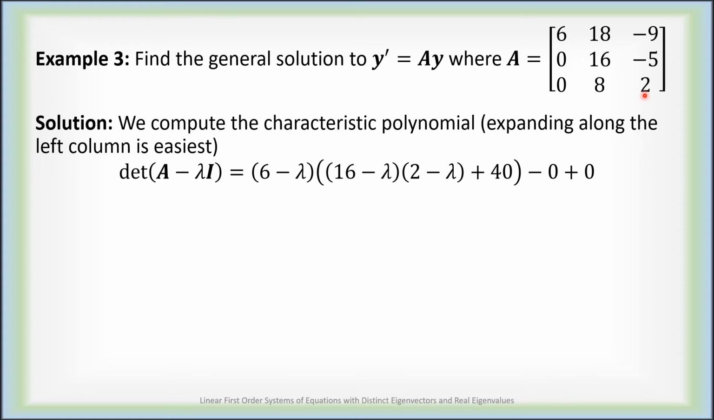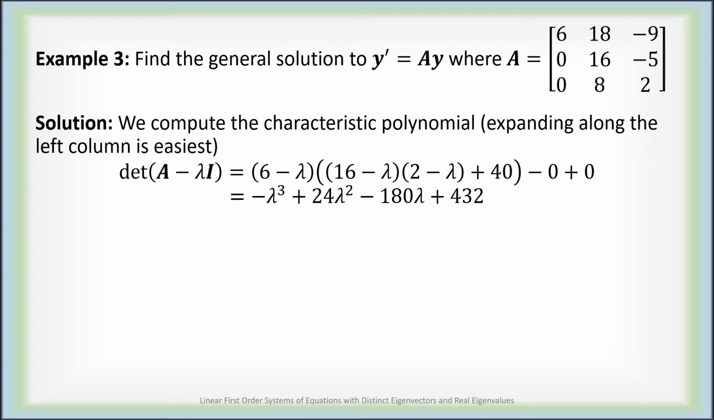diagonal. Then the determinant of A minus lambda I would be 6 minus lambda times the determinant of this 2 by 2 matrix, which would be (16 minus lambda) times (2 minus lambda) minus -5 times 8. That is, (16 minus lambda) times (2 minus lambda) plus 40. So here is the entire determinant of A minus lambda I. Once you expand everything out, we end up with negative lambda cubed plus 24 lambda squared minus 180 lambda plus